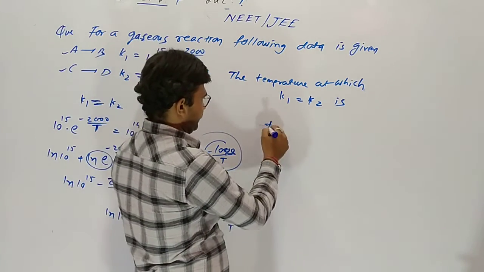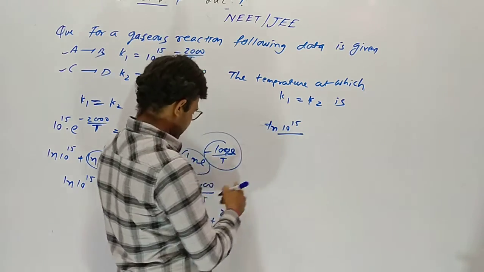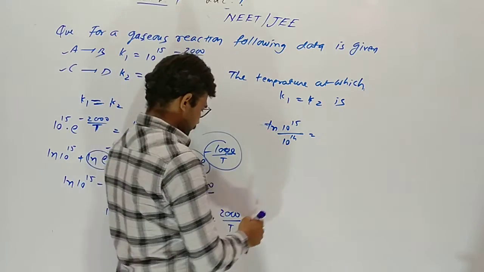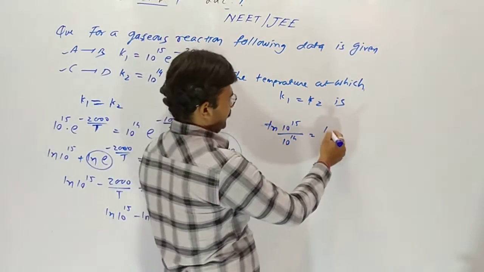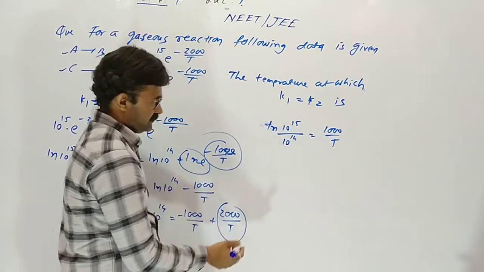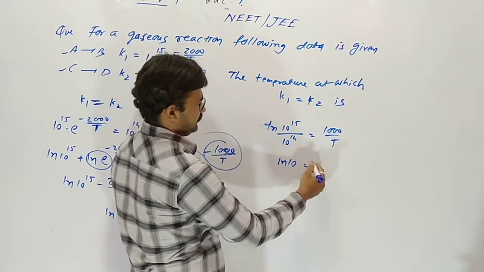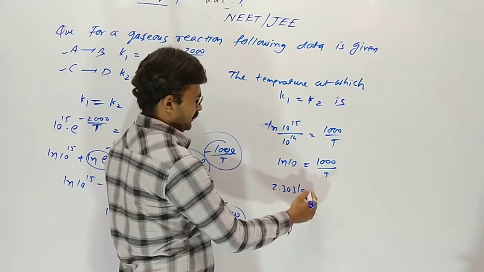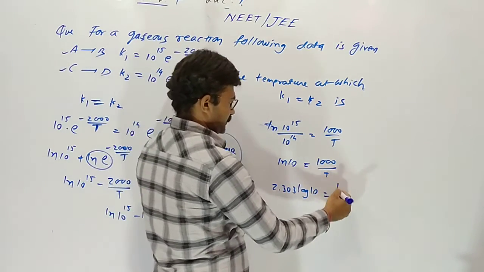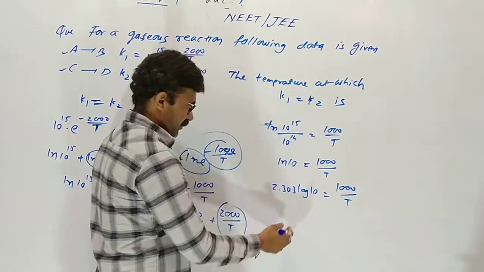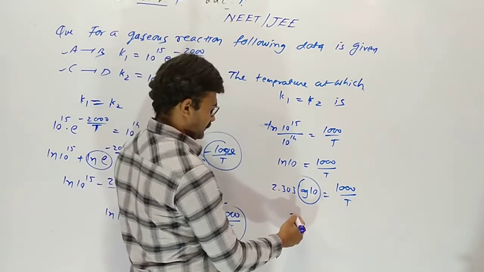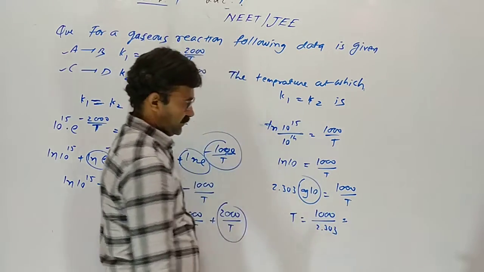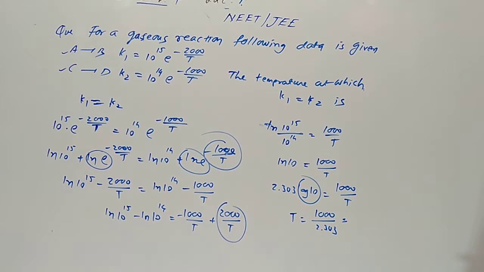Linear 10 raised to 15 minus, so it comes in division, 10 raised to 14. 2000 t minus 1000 t, so 1000 upon t. Here will be linear 10. Linear 10 means we are converting into log. So log 10, value of log 10 is 1. So t will be 1000 upon 2.303. So answer will be